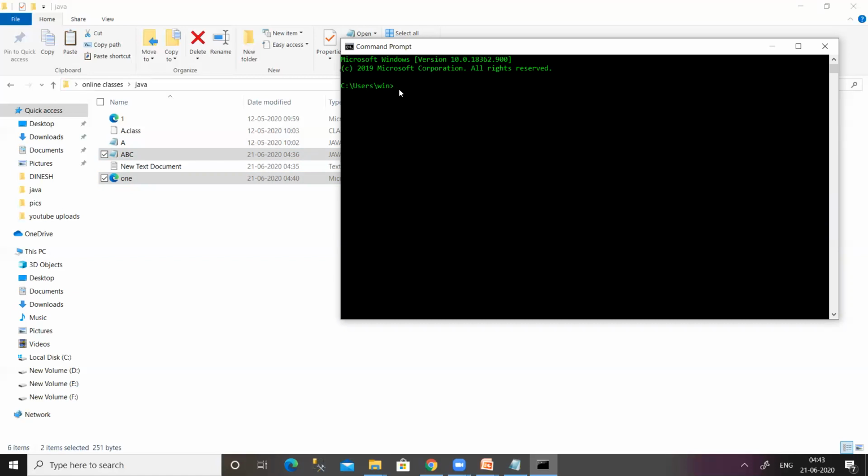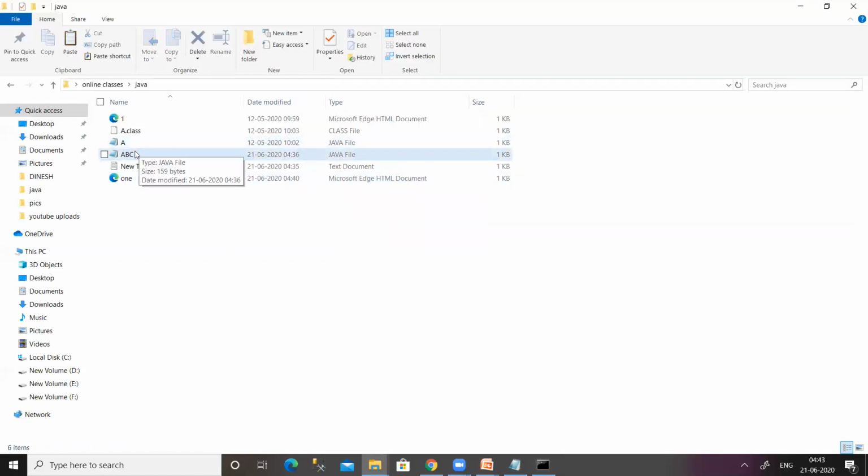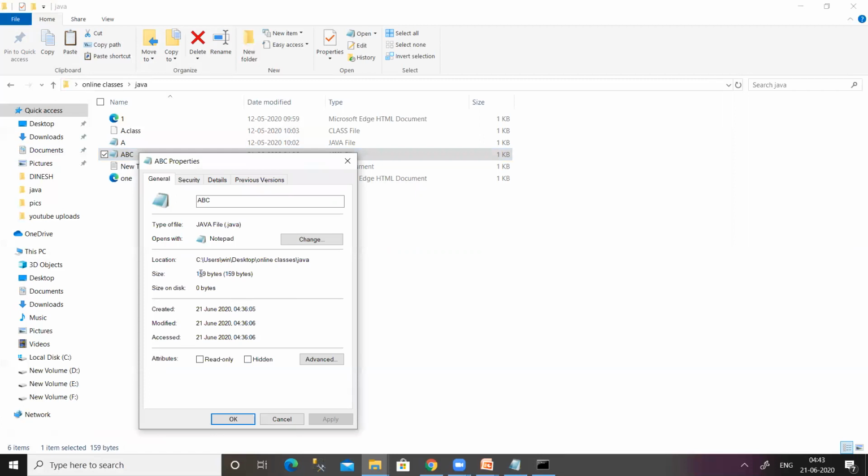So we have to either write our Java programs at that particular address, that is C colon, under the users folder, in the bin folder, or else we have to change that path to the location where our programs are located in the computer system. You can see our Java file is located at the address C colon slash user slash bin.